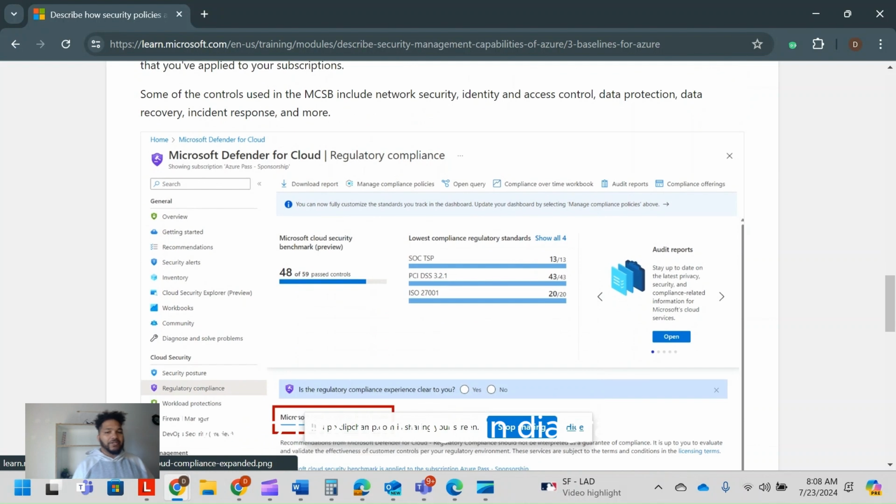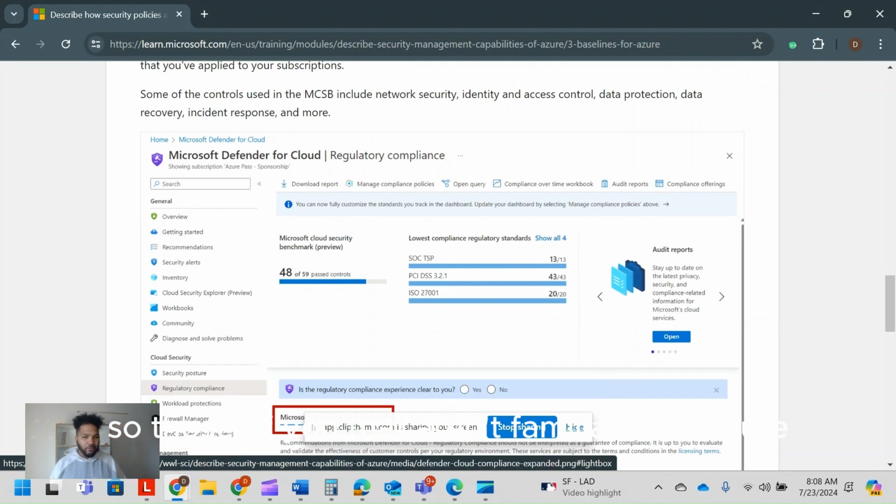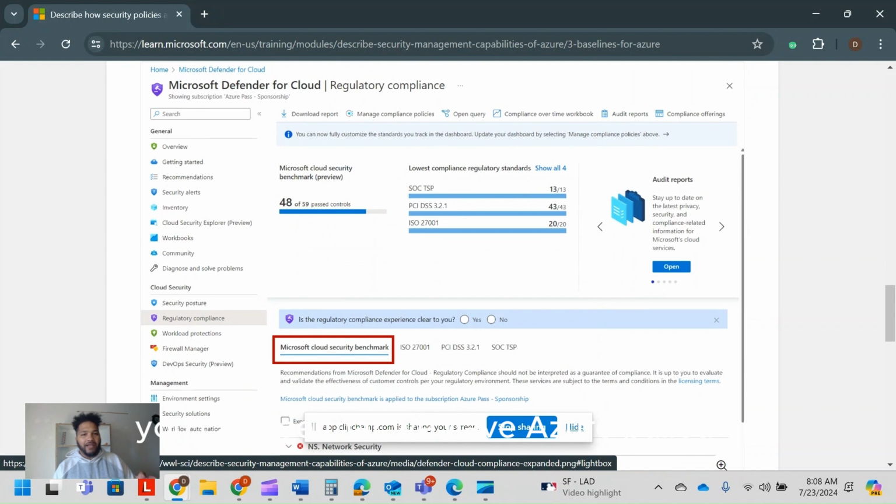I like to talk through it in diagram form. So those of you that aren't familiar with Azure, get used to this. This is how I will talk about it going forward, and I will talk about it when we dive deeper into the different technology stacks. So if you look at this, you can see that we have Azure pulled up with Microsoft Defender for Cloud pulled up, and then we have the regulatory compliance, right? So we dove into it and you can see that we have the Microsoft Cloud Security Benchmark,